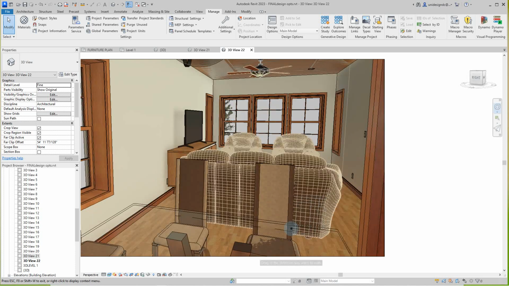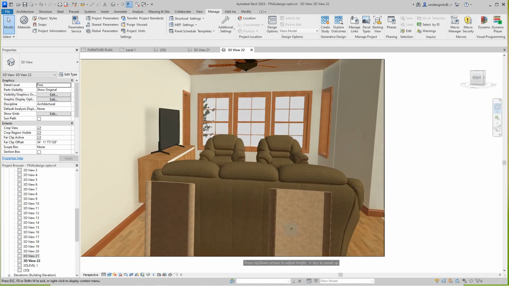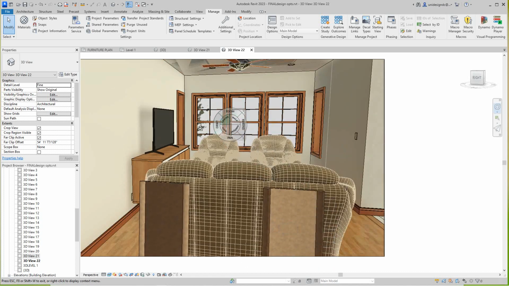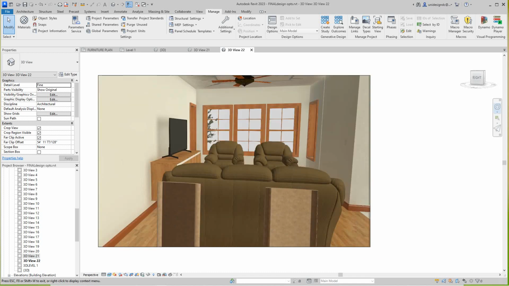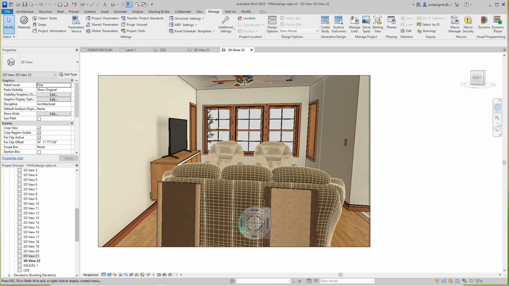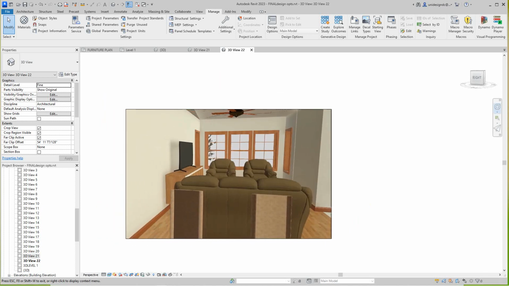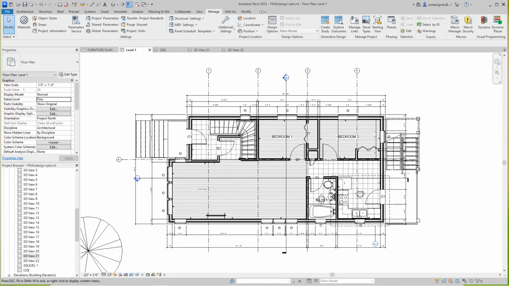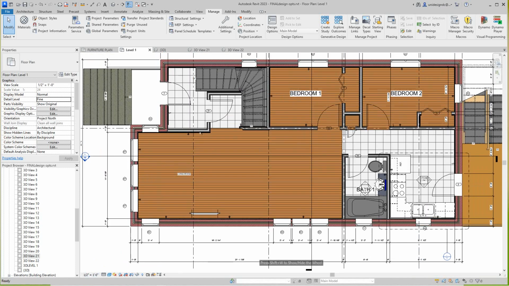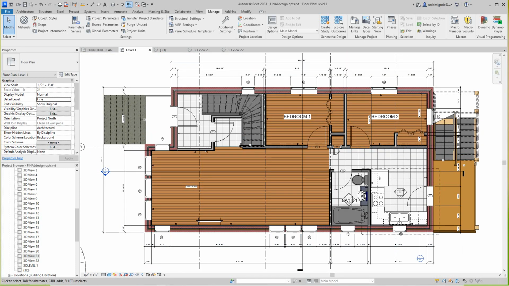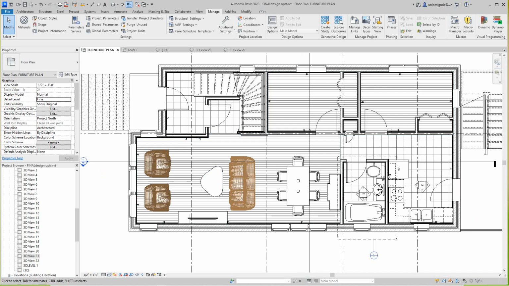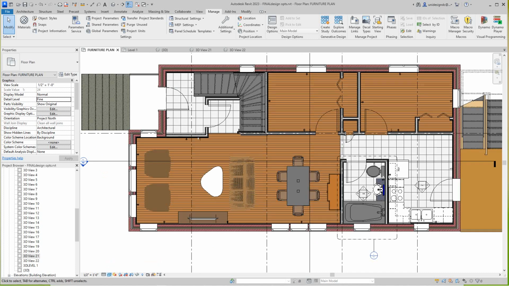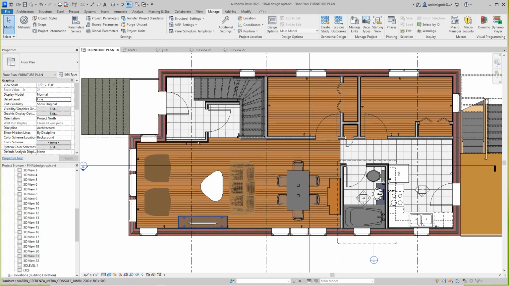So now again, I can do some photo renderings here for this, which I did. And basically I took, I don't remember what view I took, but let's put this back in our level 1. I'm going to even make this view consistent colors here. And then I'll go back to my furniture plan, and I can do the same. I don't know how that's going to look. Okay. So that's going to basically change this here to carpet, and this is going to be